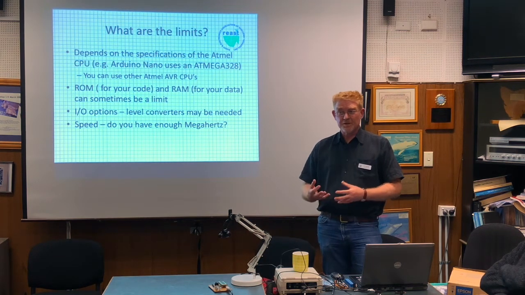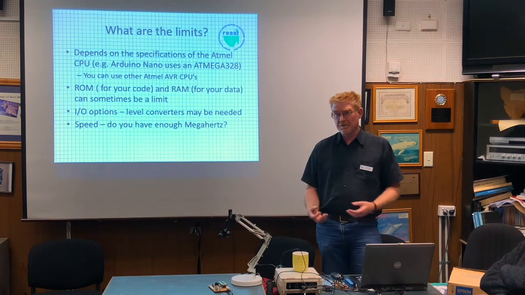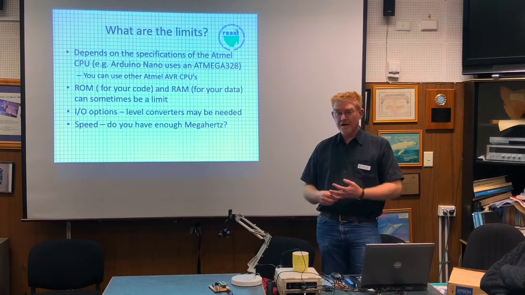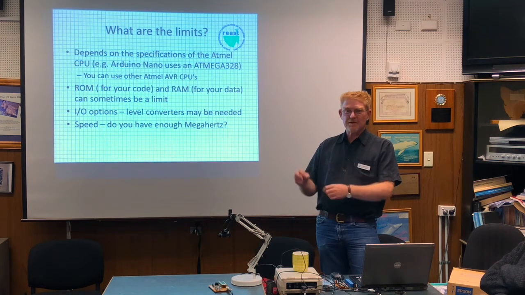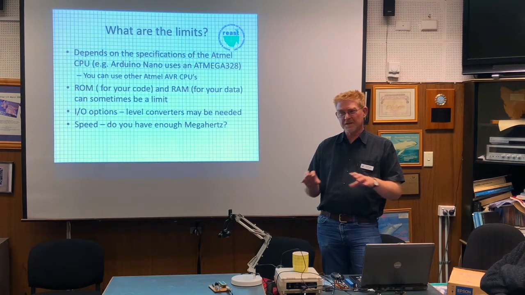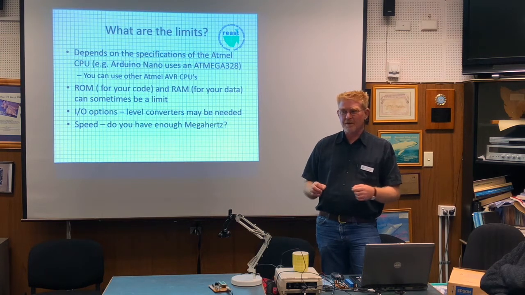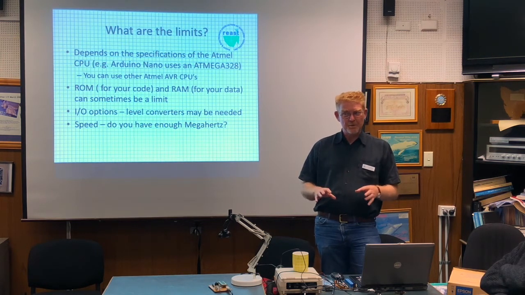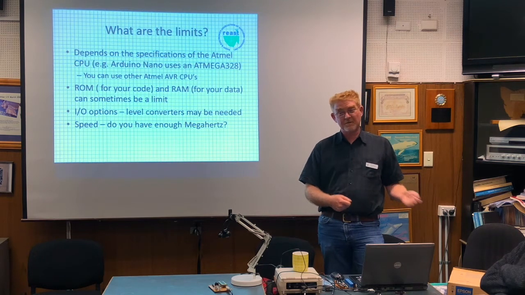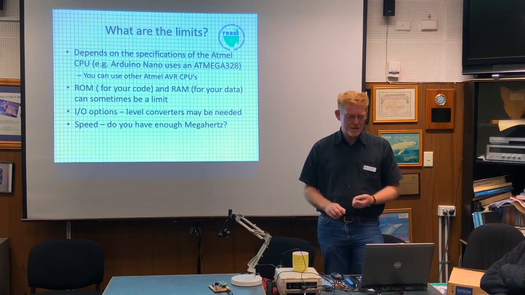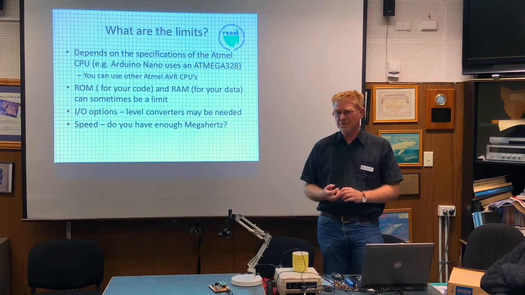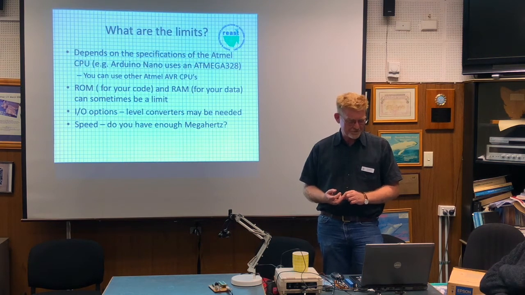I/O options. This is one of those areas where you'd go off and read the data sheets of the parts you're working with. The Arduinos come as 5 volt parts and 3.3 volt parts. If you want to connect it to some interesting kind of chip, read its spec. Is it 5 volt or 3.3 volt? If they're the same, you basically connect the two and it's easy. If not, you need a level converter, so it's something to be aware of. Feeding 5 volts into 3.3 volt parts and vice versa can let the blue smoke out and can do weird things. You're going, why is this not working? Small detail, but it can be quite challenging when you miss it at 3 o'clock in the morning. I think we've all cooked chips that way. I certainly have. More on that.